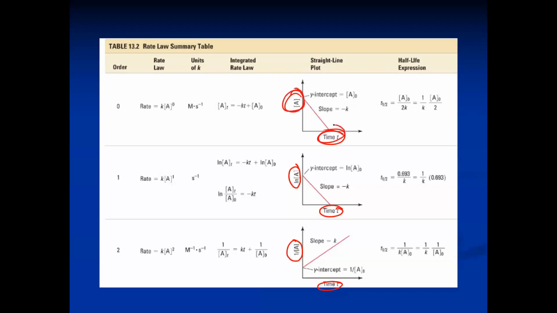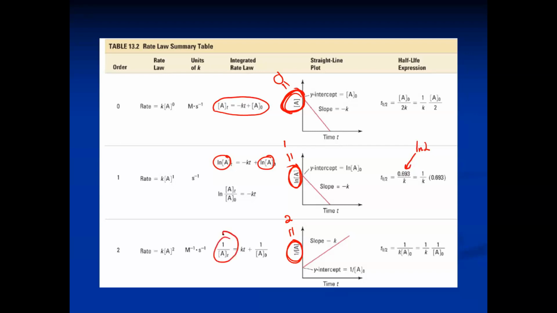Okay, so A versus T is 0, ln A is 1, 1 over A is 2. So what do I always tell people to remember? 0, ln, 1, 1 over, 2. Why do I say that? Because look, this is just A's, it's 0. These are ln's, the natural log. These are all 1 overs. So if you just remember ln is first order, 1 over is second order, and regular A's are zero order, then you don't need to memorize which reaction goes to what. You just need to remember which one belongs to zero,